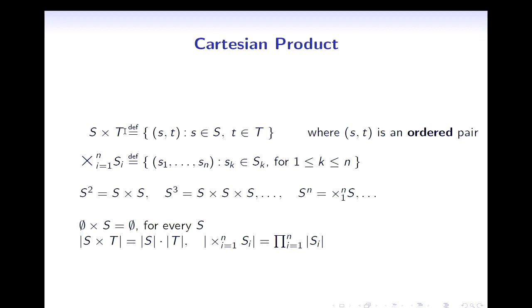And of course, S and T could be the same, so you can easily talk about pairs of numbers. And then one pair of numbers would be 3, 4. Another pair of numbers would be 4, 3. We can extend this, and this would be the standard notation to say that you have not pairs of elements,